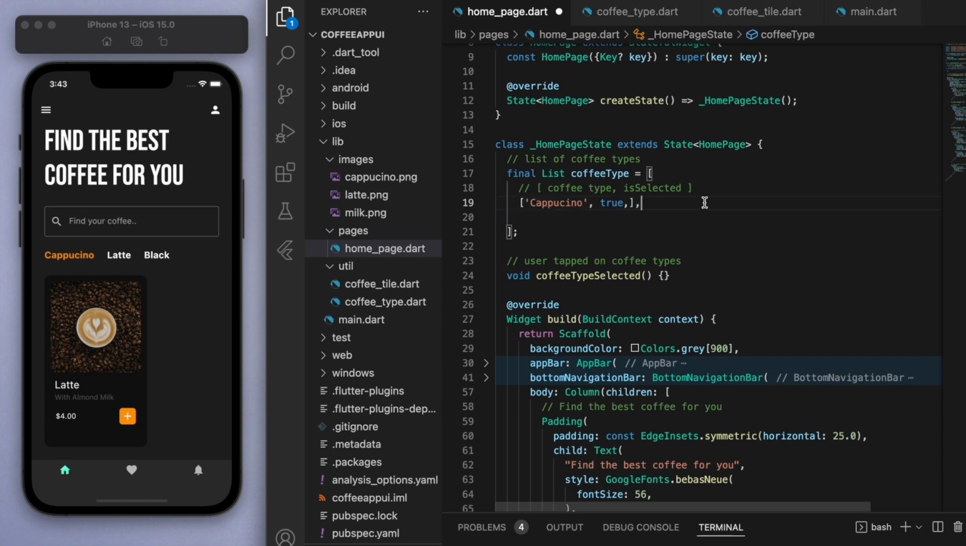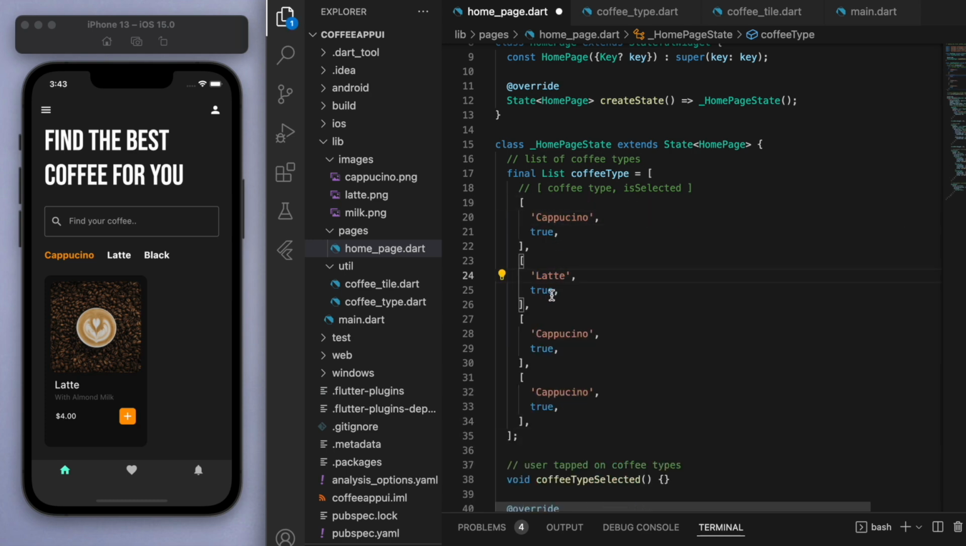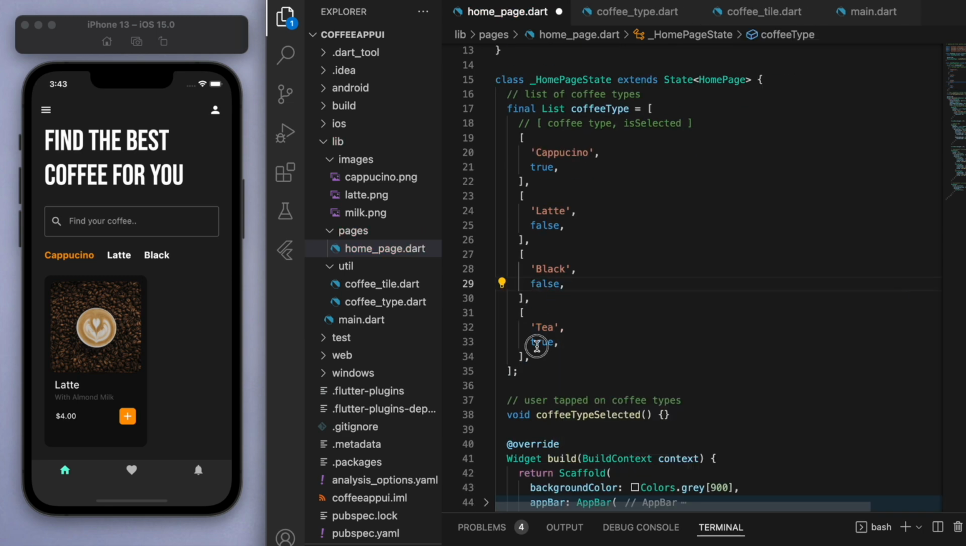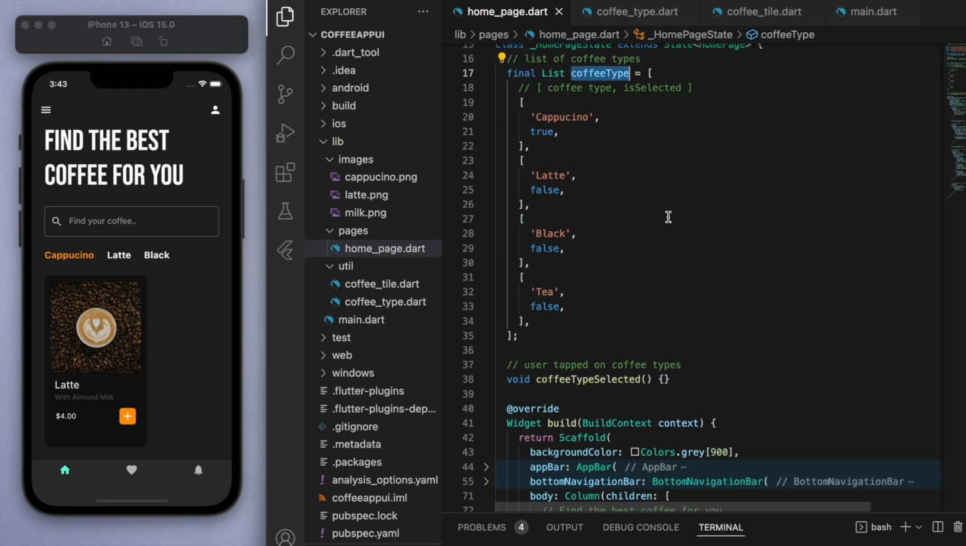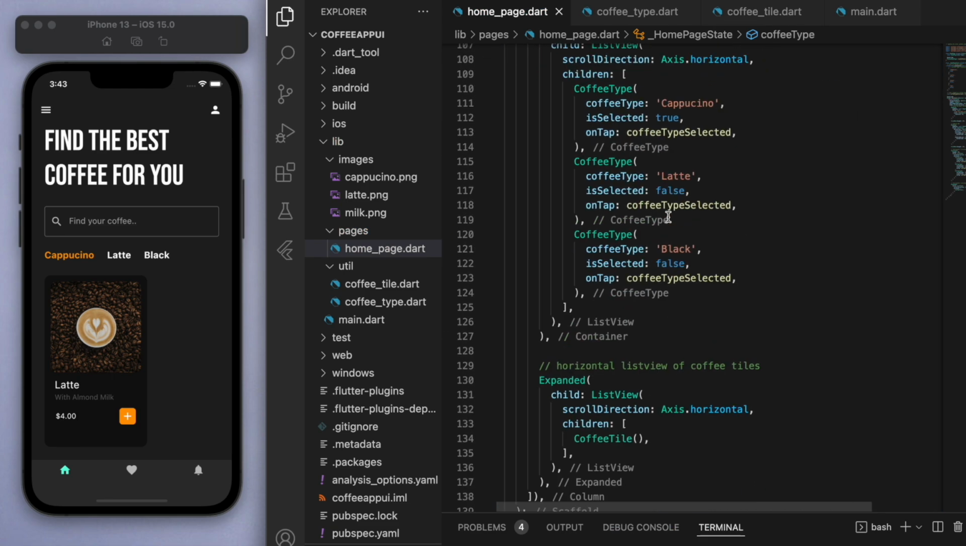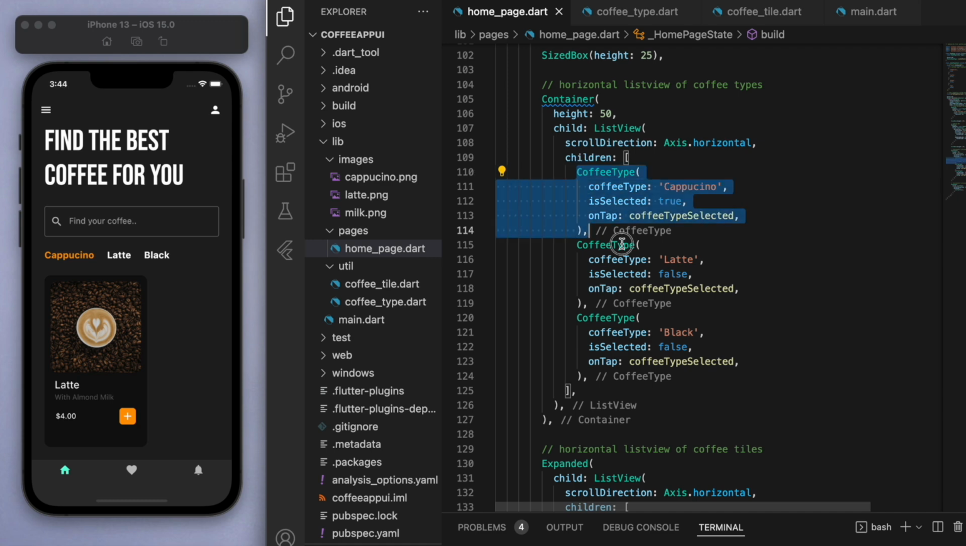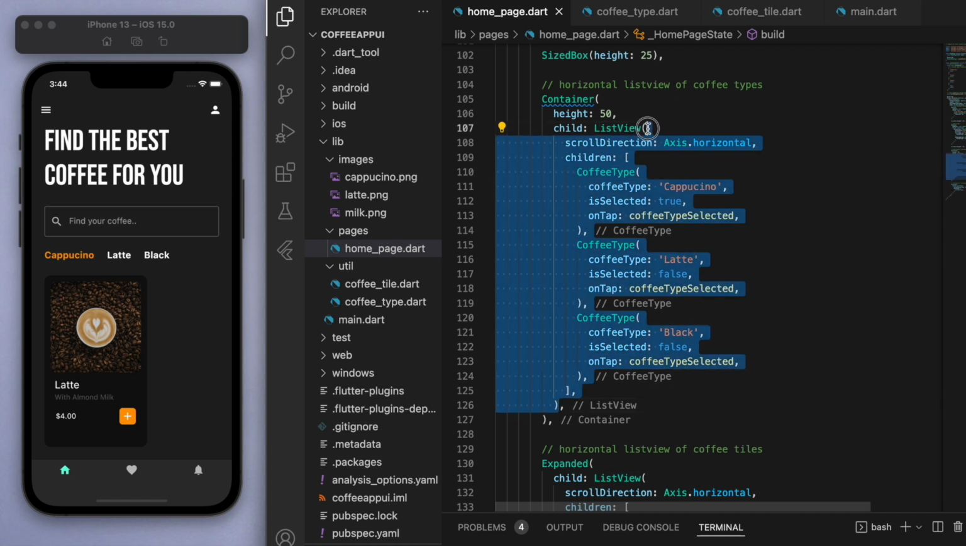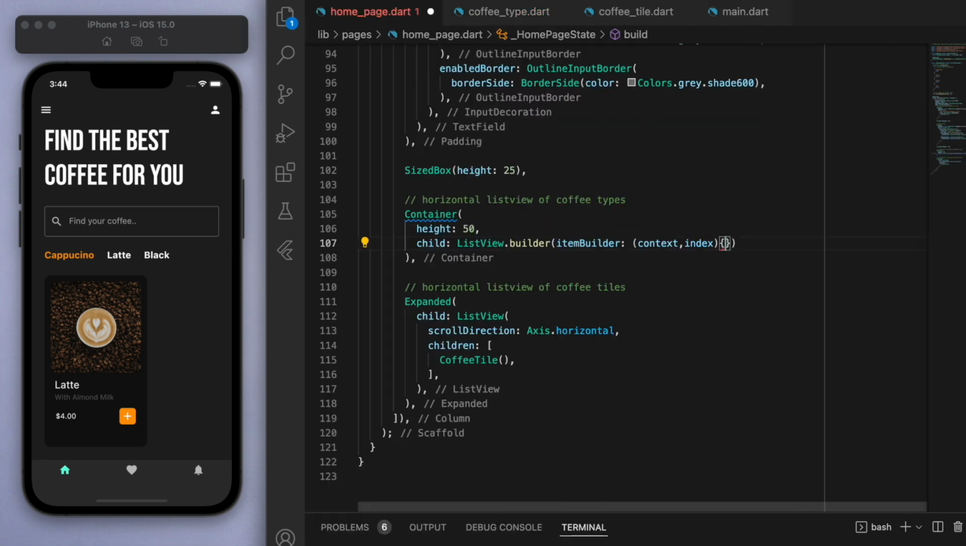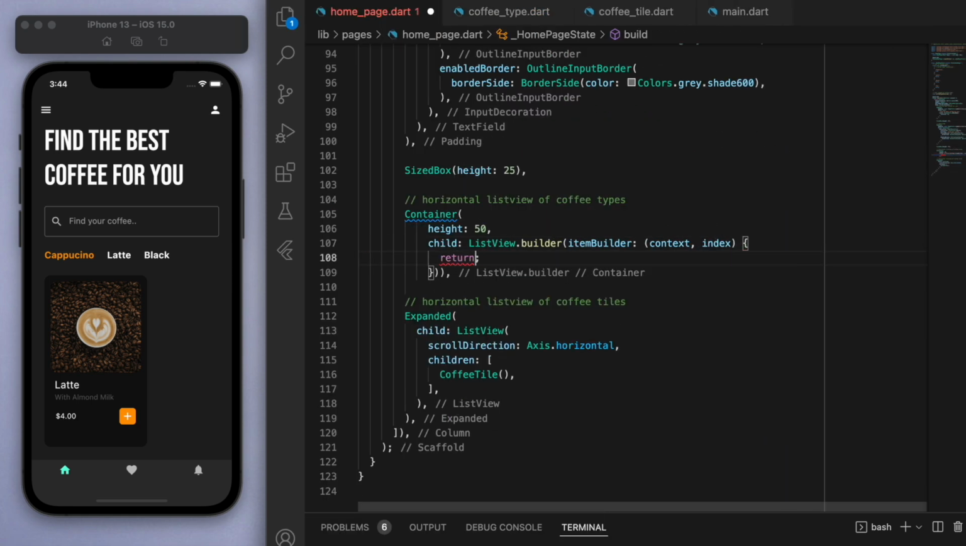If you have any questions about what I'm doing here, just let me know. I can clarify it for you in the comment section if need be. But this is going to be very useful for us because now we don't have to explicitly state it for each one. You can now use a list view builder, which builds it on demand, dynamically. So just to show you what I mean,